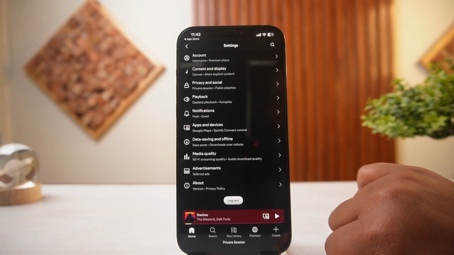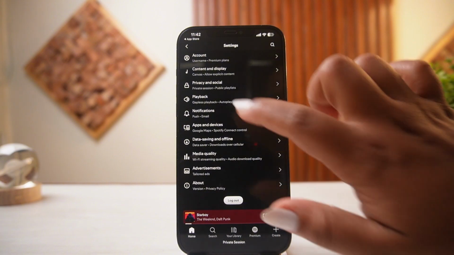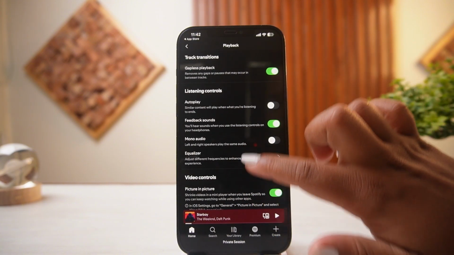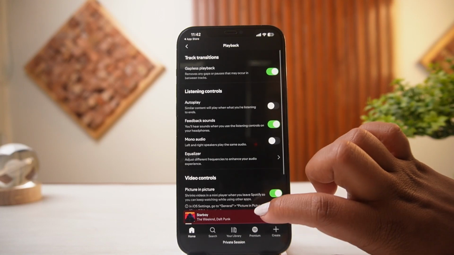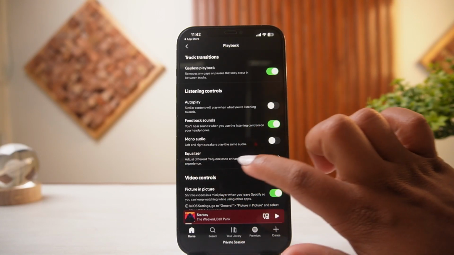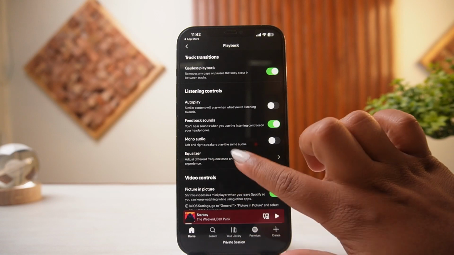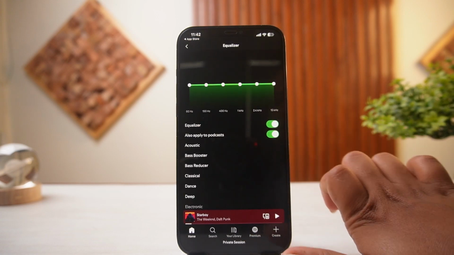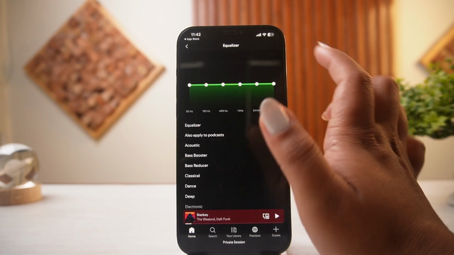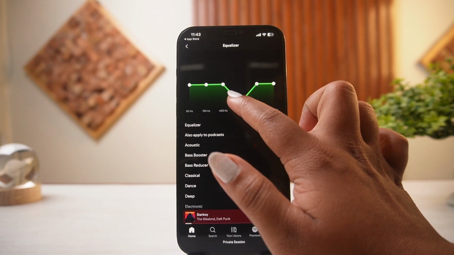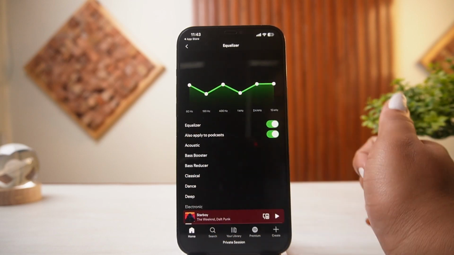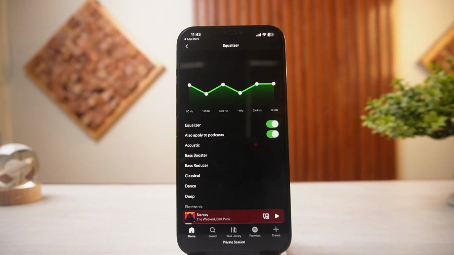And in here, if we go back, we can tap on the option playback right here. If you scroll down a bit, you'll get the option of equalizer. All you need to do is tap on that one, and in here now you'll be able to adjust your own equalizer. So if you simply adjust it like this, you'll be able to do it